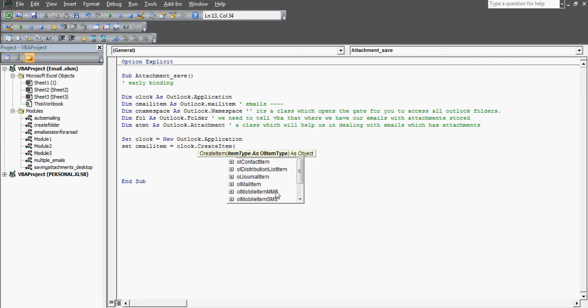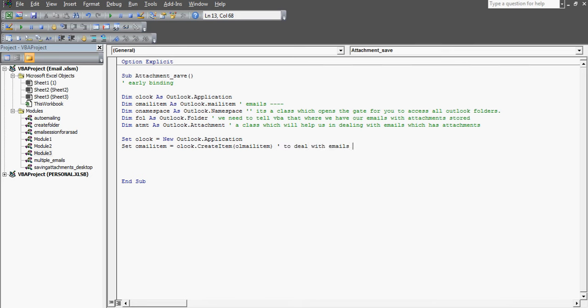Now the next thing you're going to do is, since I'm going to deal with the emails, because I have to access all these emails one by one, and then under these emails I have to go into their attachments as well, right? So that's why I'm going to declare the next line, which is set my MailItem equals to my Outlook dot create item. So which item? I want to create this MailItem. So this line is actually used